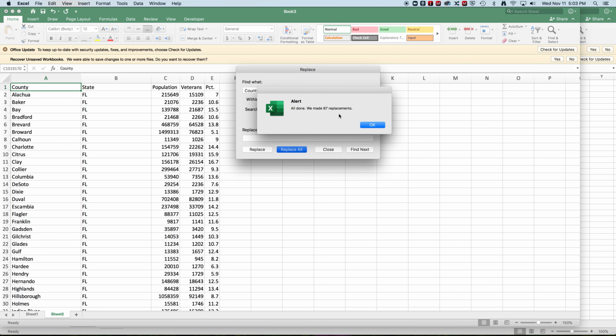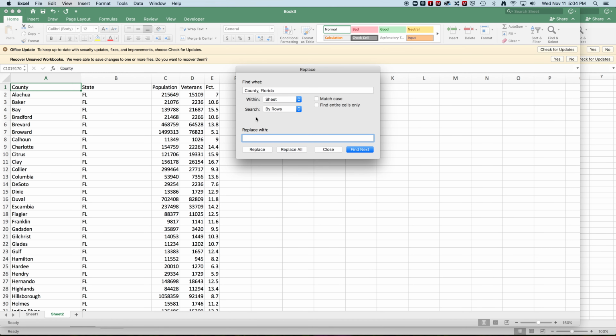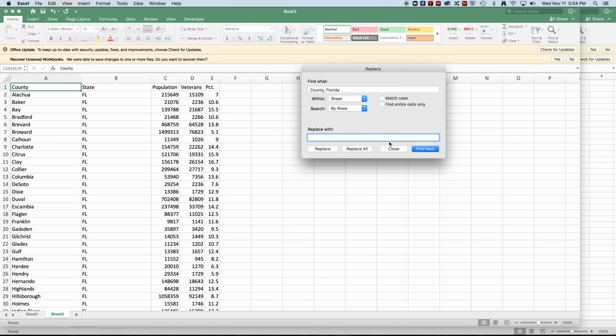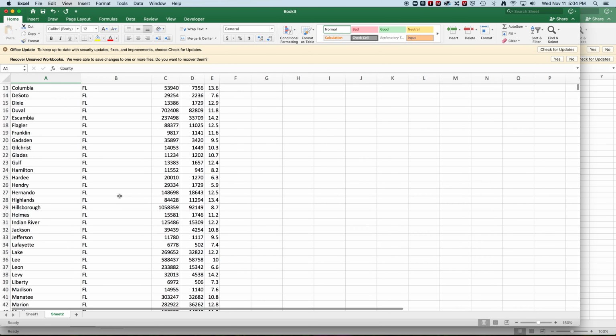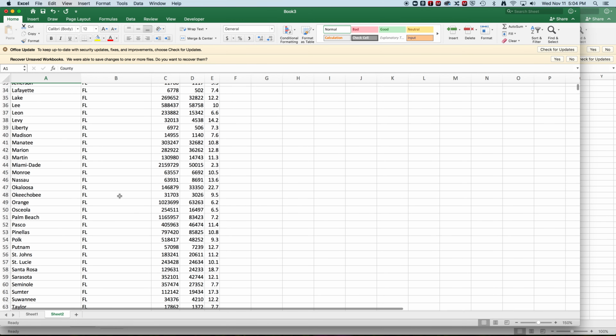And all 67 were replaced, and that's good. That's a good sign, because we know there's 67 counties in Florida, and that shows and reminds us that we have a complete record. So we can close that down. And then if we take a good look at our data, this is pretty good to go. We can go ahead and map this